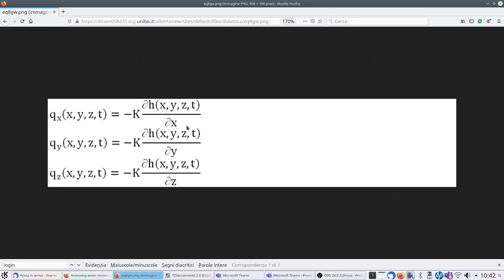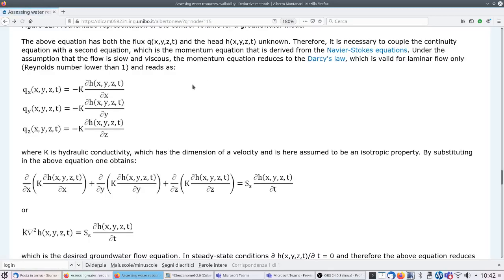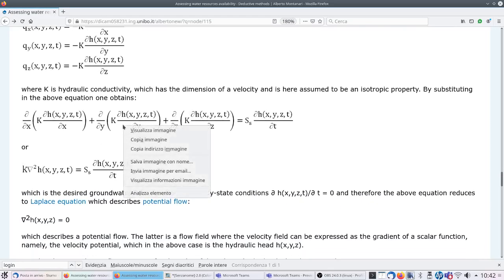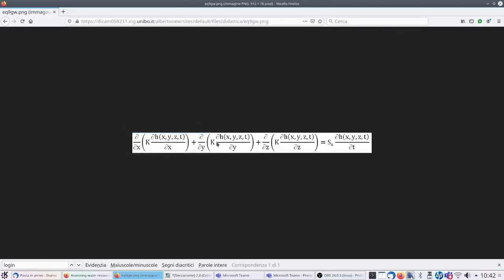And as I said, this was derived experimentally by Darcy with a very simple experiment. And now it's applied in the three directions of space. And then we can substitute in our previous equation. Let's see if the screen is still working, yes, it's still working. So if we substitute above, we get this equation,